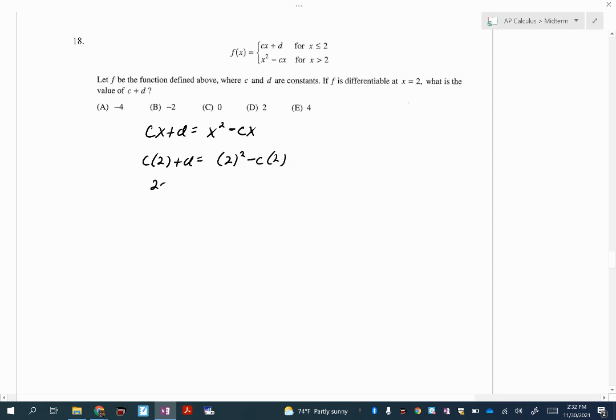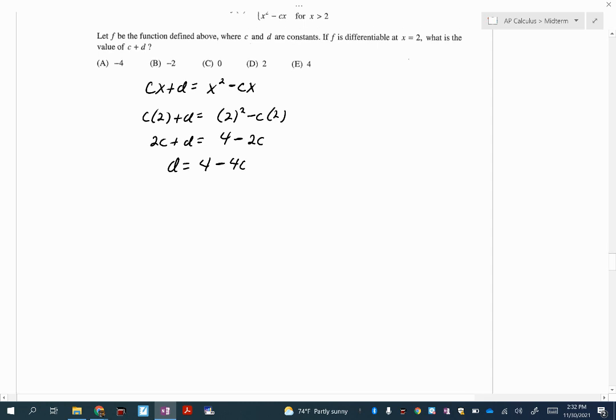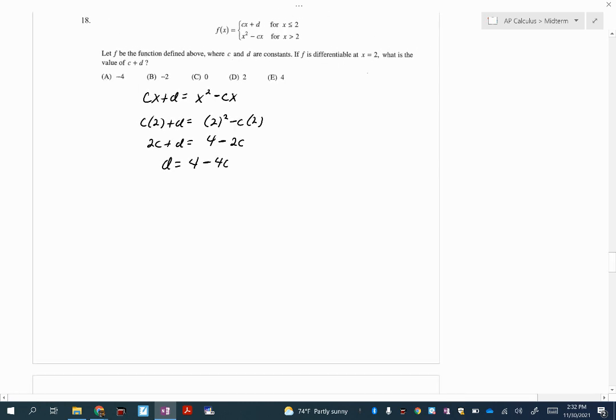All right, clean it up a little bit. Get 2c plus d equals 4 minus 2c. Solve for d, and you get 4 minus 4c. Okay? Now, in order for this to be differentiable, as we approach the limit